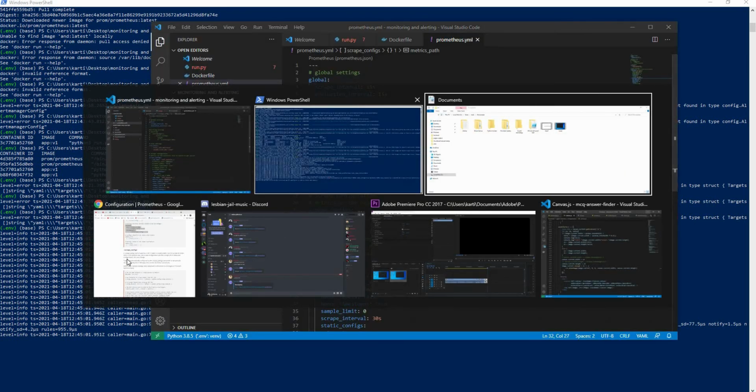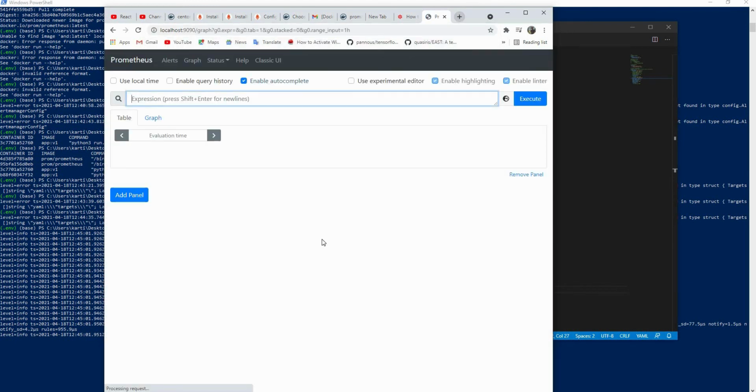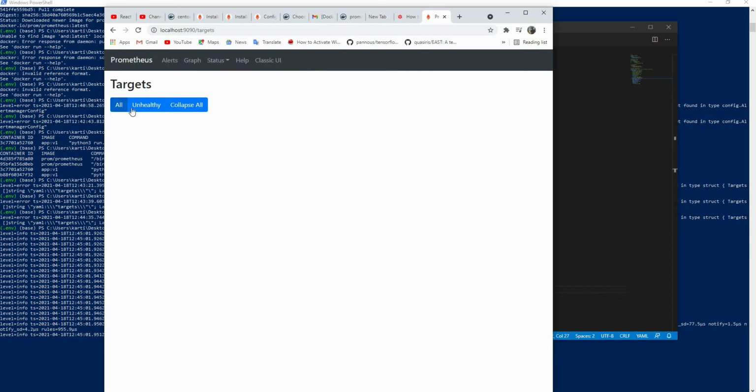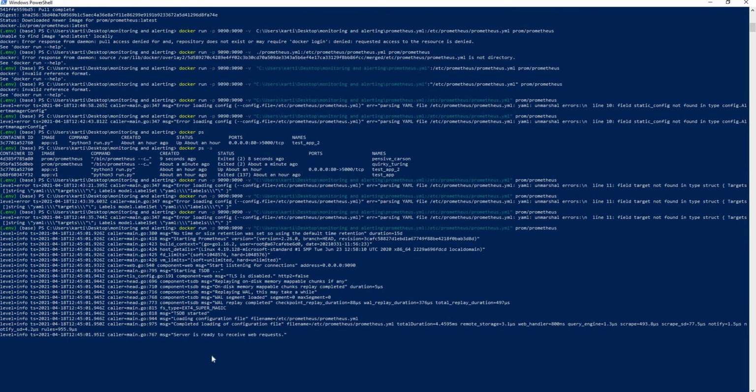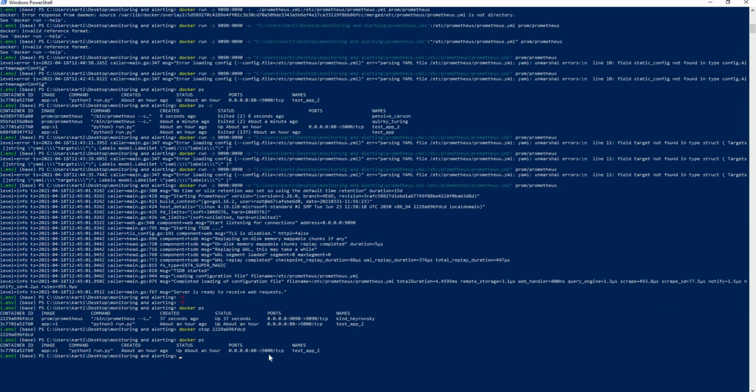So let me go to my browser and I do localhost, but this time I go to 1990. There you go. Great. Now we have our Prometheus running. If I see targets, we have none actually. But let me close this. One second. I do a docker ps. Still has it, so docker stop. And let's give me the container ID. Again, I do docker ps, which yeah, now it's stopped.